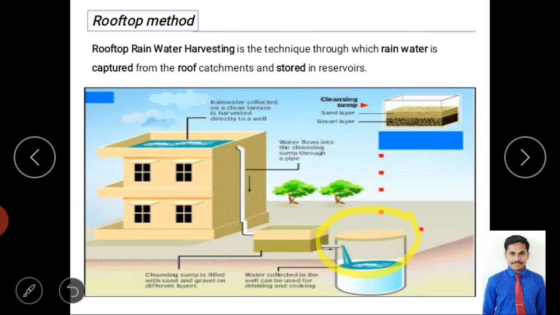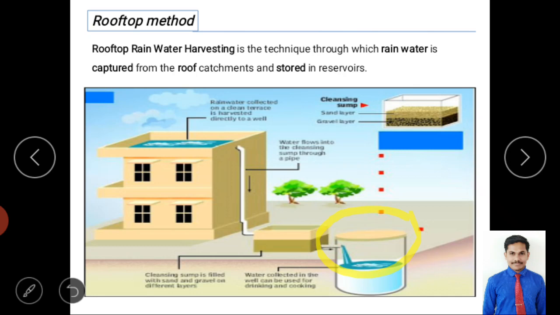But similarly we can provide a trench here, even some swales, or some other methods also. So you understood, I think, right? It is very basic, and you can adopt it in all places, in developing and developed countries and even rural areas. As I told you, in some states like Tamil Nadu and Uttar Pradesh, every house has to adopt rainwater harvesting to overcome water shortage and flooding problems.